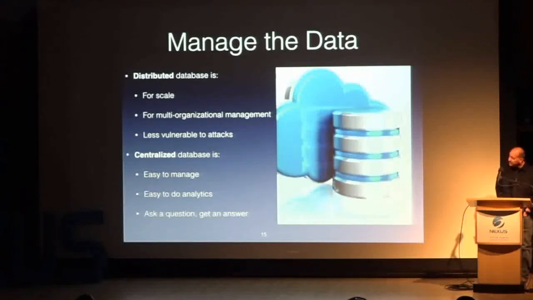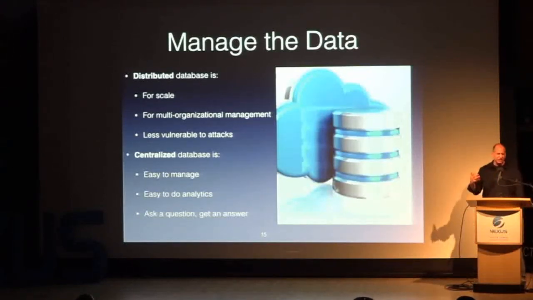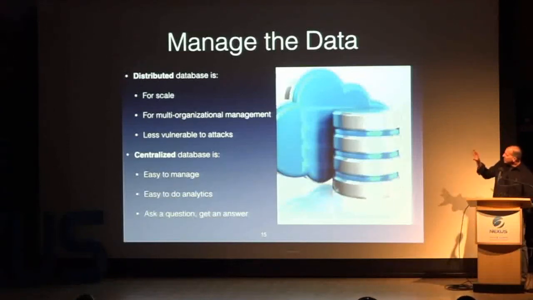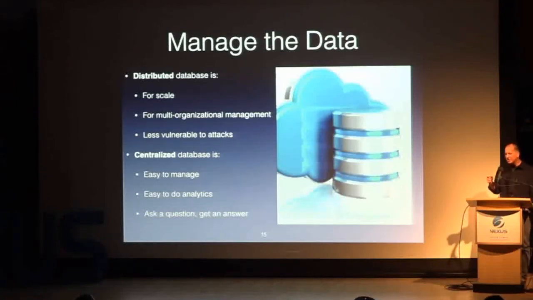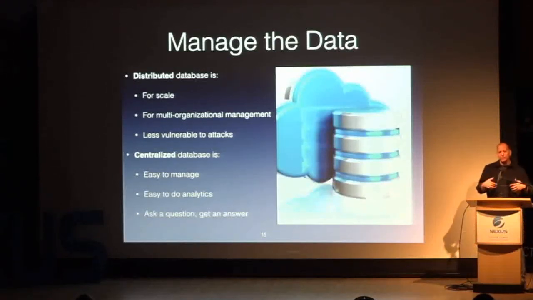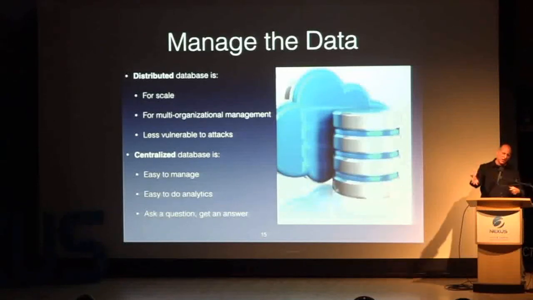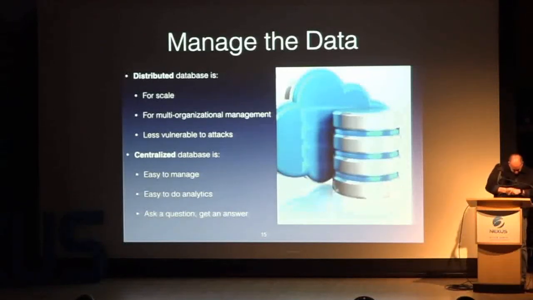It also can be managed multi-organizationally, just like the DNS system is. The mapping database in LISP is a pull-type database, very much like DNS. So we know that DNS scales. DNS probably has hundreds of millions of entries right now. Not all in one place, and it's key not to have it all in one place because you don't want to have replication issues or denial of service attacks. So having it distributed is important, but you want it centralized for the service it provides. You want to ask a question and you want to get an answer, right? And you want it to be easy to manage.